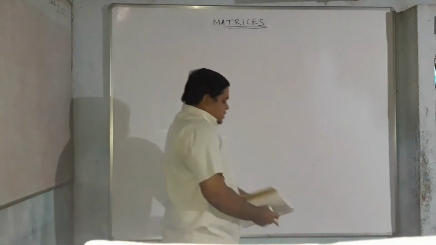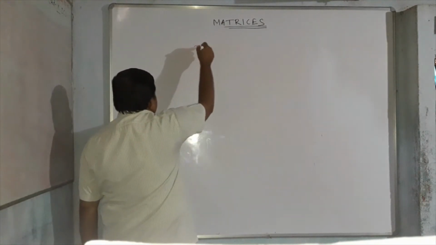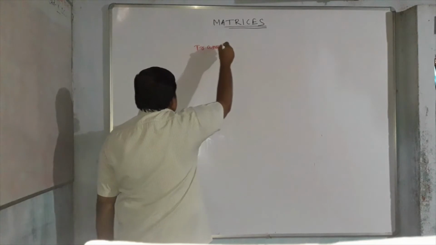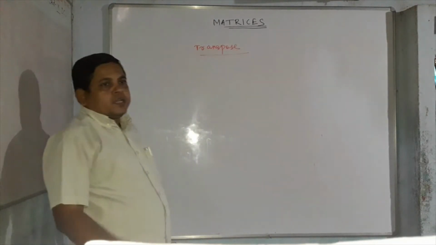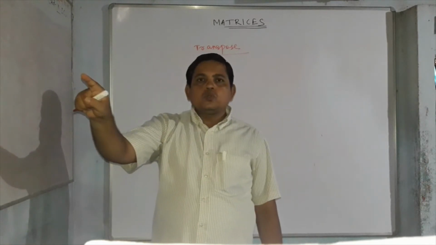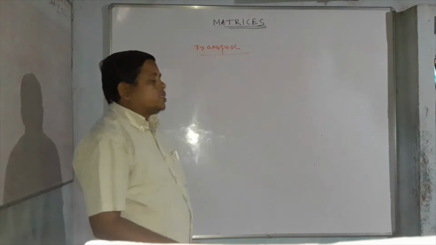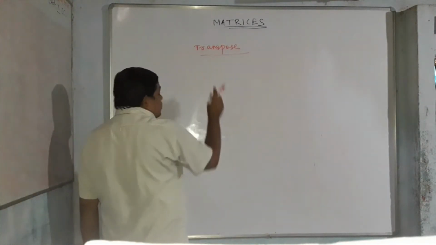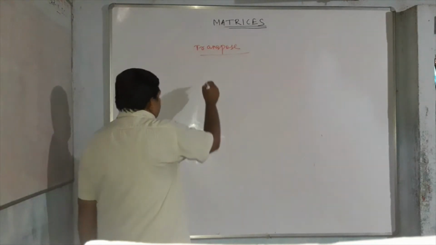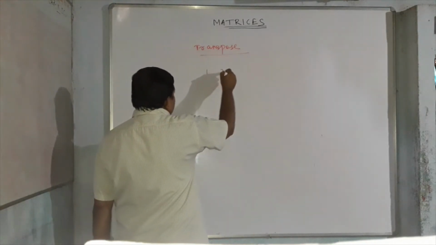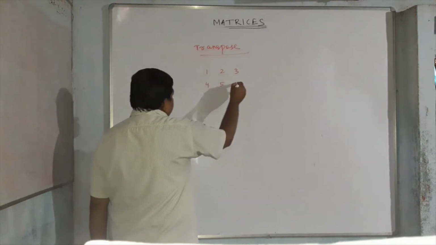After the diagonal matrix, another part is the transpose of a matrix. Transpose: what? Here rows will change into columns. That means we will interchange the rows and columns. One example. It is better to first take a specific example, then make it general. Here 1 2 3, one matrix I wrote, and here 4 5 6.